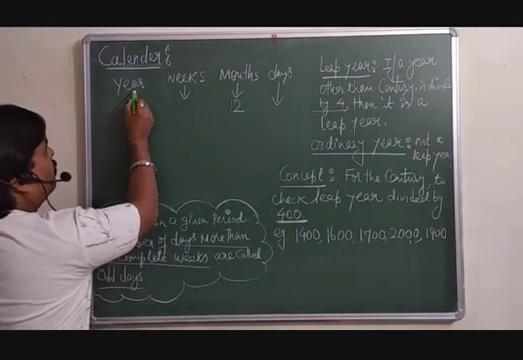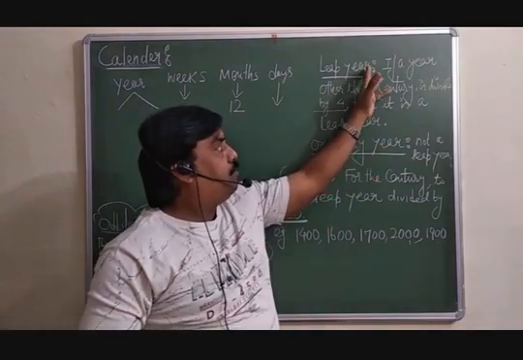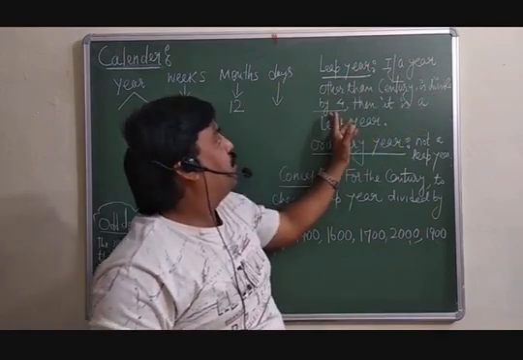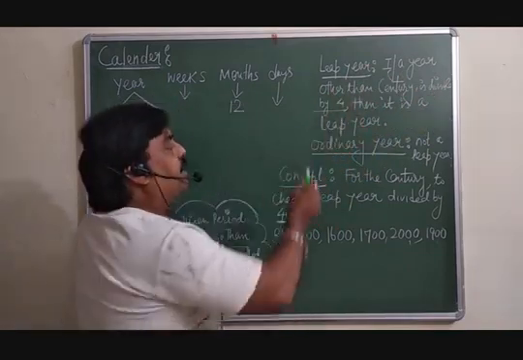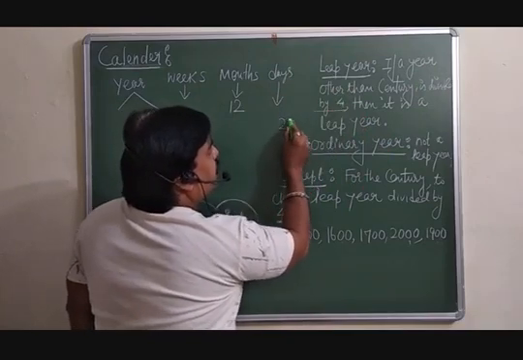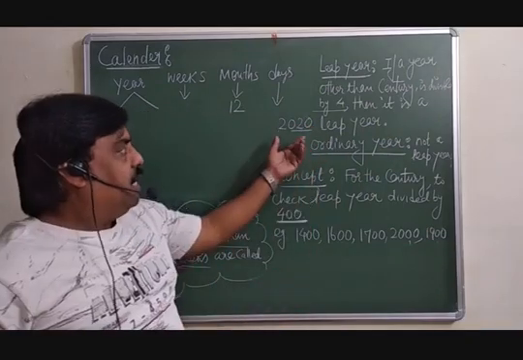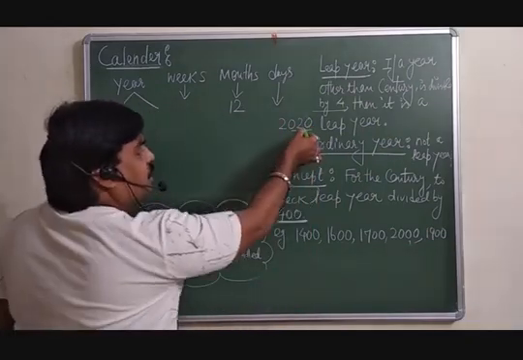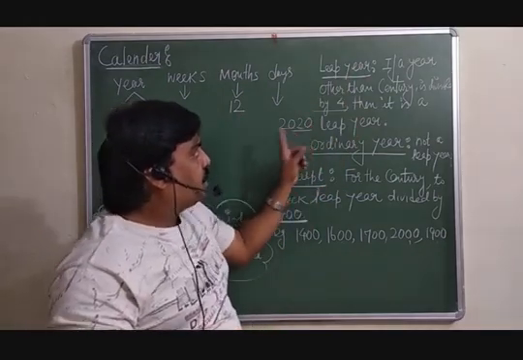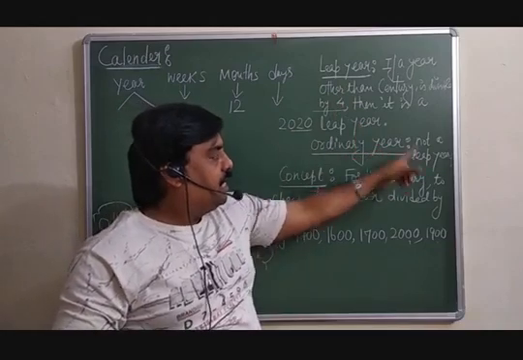So a year may be a leap year or an ordinary year. So when is a leap year? If a year other than a century is divisible by 4. If any year is given, and its last two digits are divisible by 4, for example, suppose you take 220, the last two digits are divisible by 4, so it is a leap year. First of all, we are trying to understand the leap year and the ordinary year. If the last two digits are not divisible by 4, that is an ordinary year, meaning it's not a leap year.